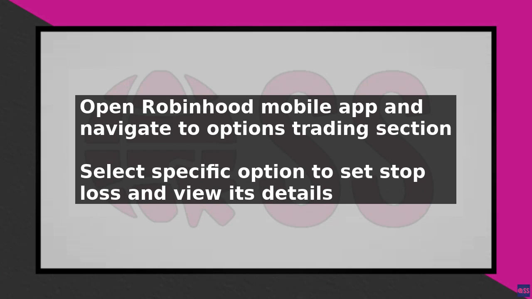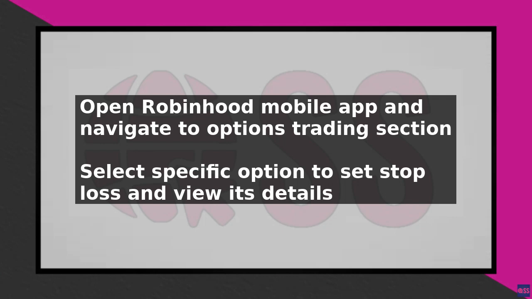A market order will execute the sale at the current market price, while a limit order will execute the sale at a specified price. To set the stop loss, toggle the stop loss switch. Enter the stop price, which is the price at which you want the stop loss order to be triggered. You can also set the limit price, which is the price at which the sale will be executed after the